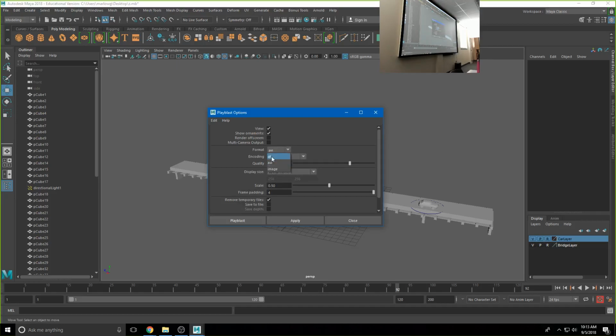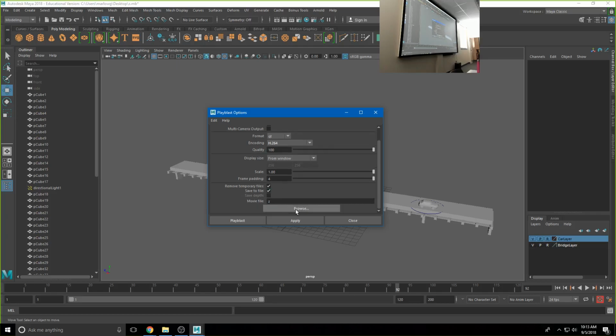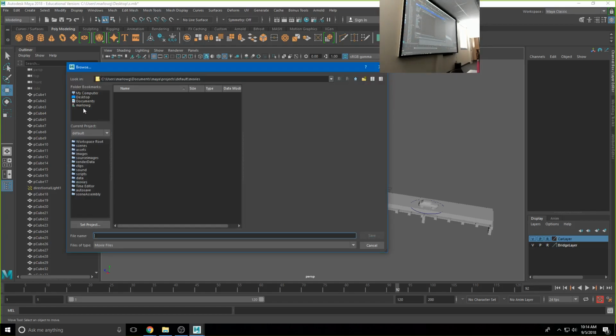I'm going to change AVI to QT, that's QuickTime. Right? I'm going to change encoding to H.264. I'm going to go ahead and turn my quality all the way up and my scale all the way up. And the biggest thing is I want to say save file. Right? And so it's going to put it somewhere. It should put it in your movies directory of your project. You already have your bridge project. Make sure you set your project, and it'll just put it there. I haven't set my project yet, so I'll just tell it to put it on my desktop, and we'll call it